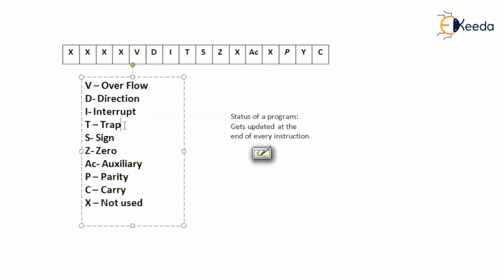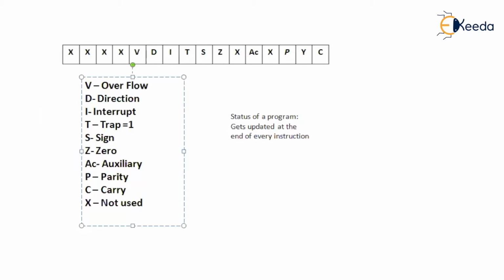Try to understand. Now I am executing a program. In the program, one instruction is being executed. That instruction has an unrecoverable, untraceable, undebuggable error. For example, you have written an instruction with an expression that is divided by 0. This instruction can never be executed by the CPU, right? Then the trap flag will be equal to 1.